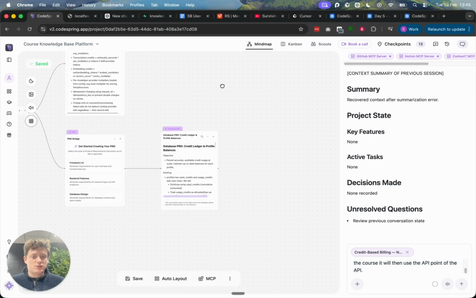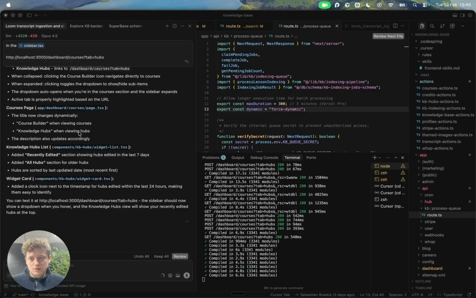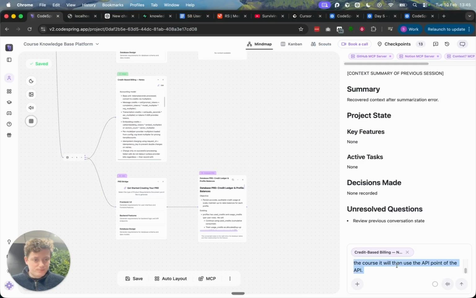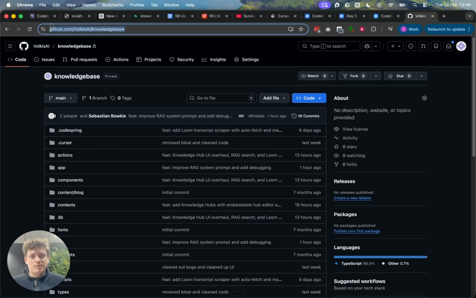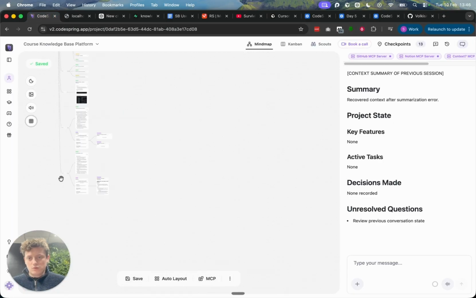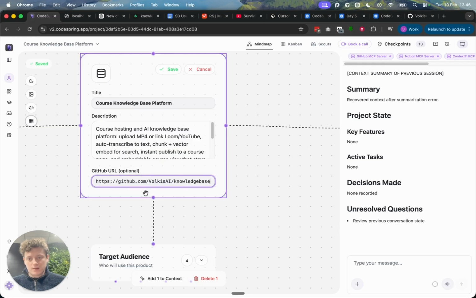So what I want to do is just basically make sure that you're aware. You know what I'm going to do? I'm not going to do that. I'm going to get the GitHub endpoint. So I've got the GitHub repo. I'm then going to come to my project here, and I'm going to add the GitHub URL here